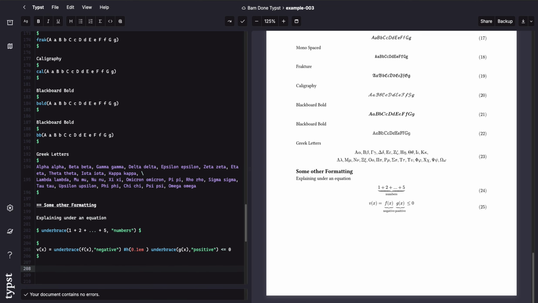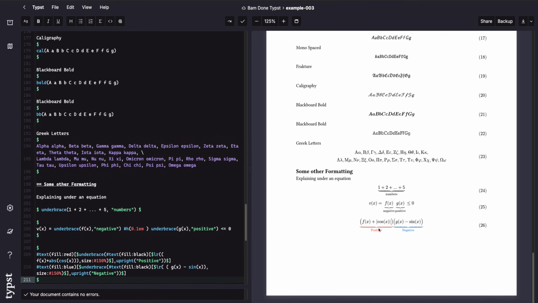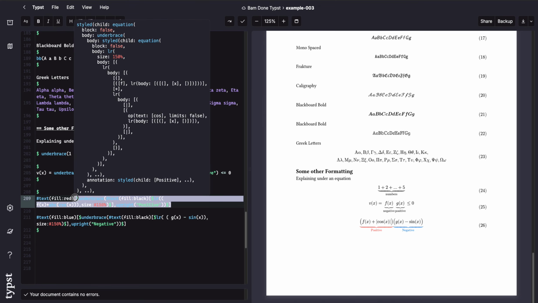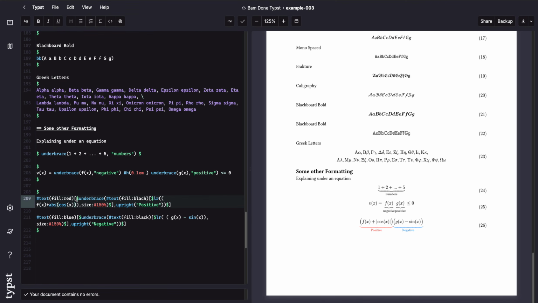So I created this example which shows how to color them. Maybe I have some text I want under that's red or blue. Red making me think like heat, like it's positive, and cool, like blue, cold, something like this. So, having that ability to do that. Now this is actually fairly complex, but let's walk right through it really quick. The first thing I did is I used a text rule that everything in this bracket is going to be one color. It's going to be red. Okay. And so when I call this all red,